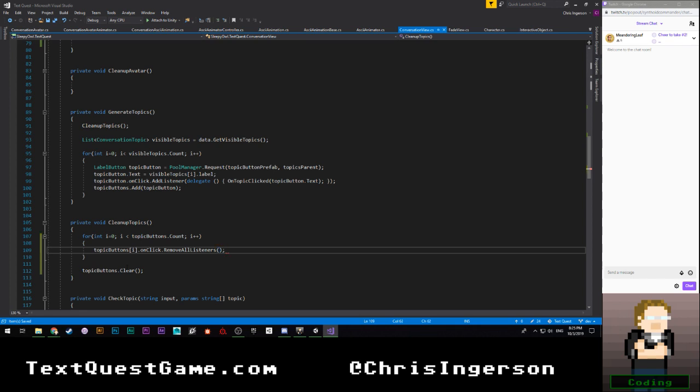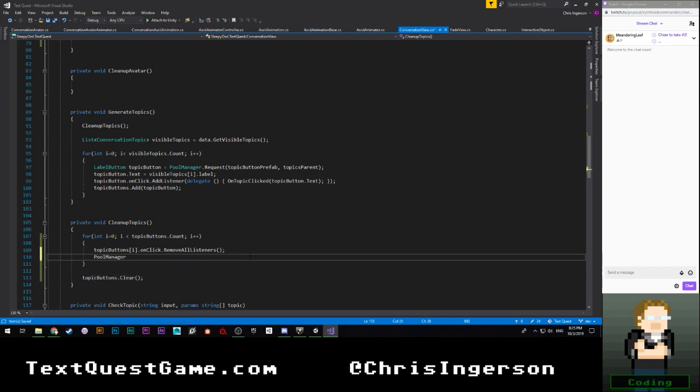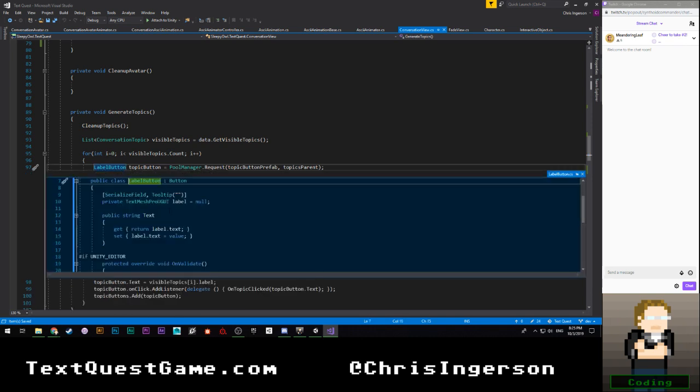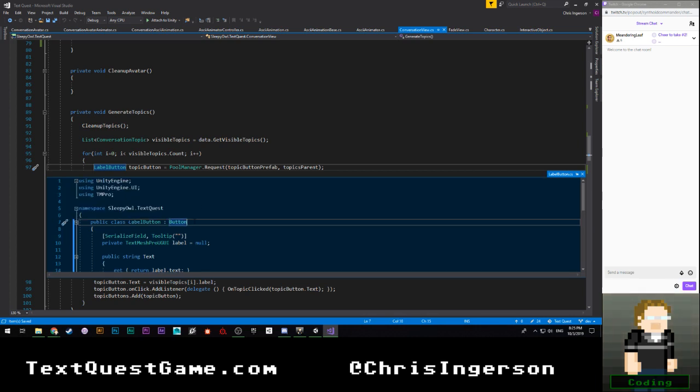Should be good there. And that's pretty much all I need to do for that, actually. Oh, we know we need to recycle it, obviously. Duh. So I'm going to say poolManager.Recycle topicButtons[i].gameObject. That is fine. I actually don't recall if LabelButton, I'm assuming it derives from Button and doesn't have a cached gameObject thing. So, real quick.